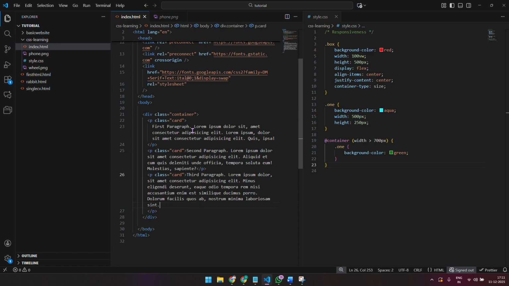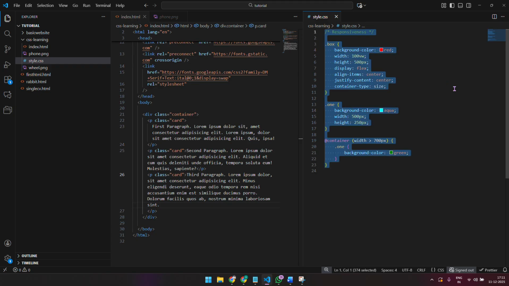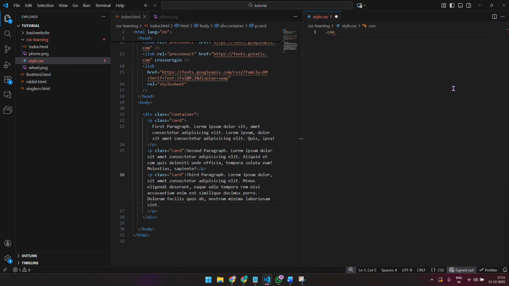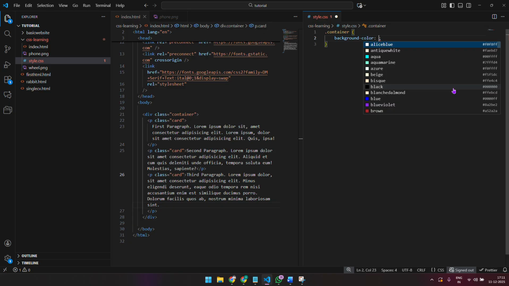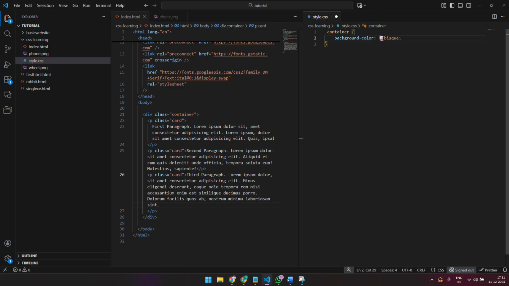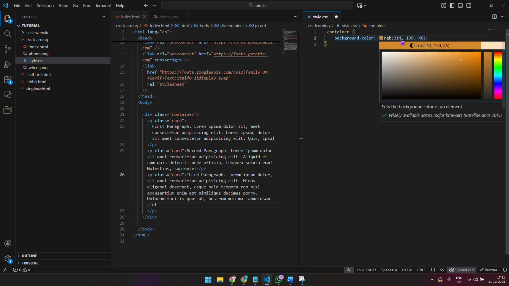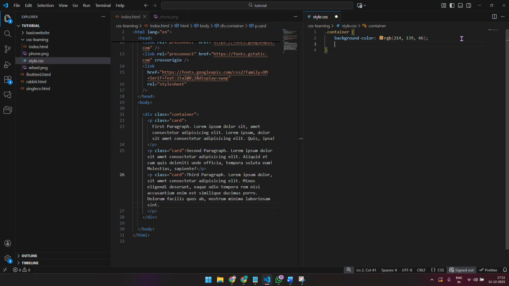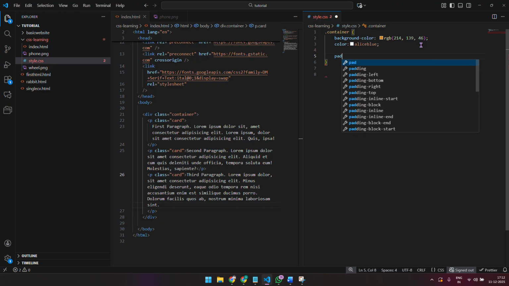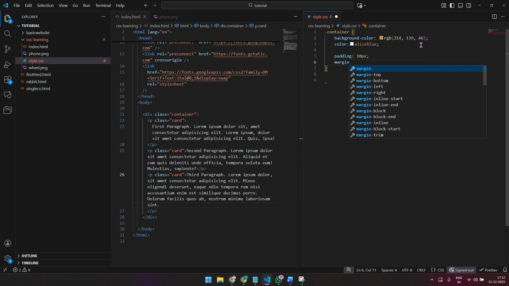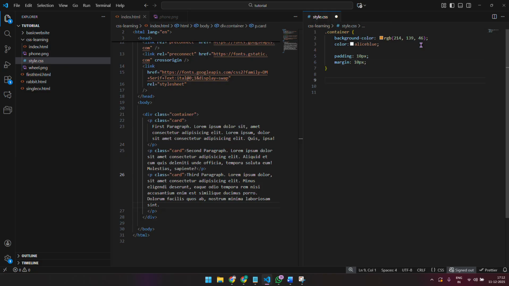So if I save this, and then I choose to give my container some background color, and this is the color, and the text color is, let's say, Alice blue. There's some padding to it, 10px, margin is 10px. I save it, then